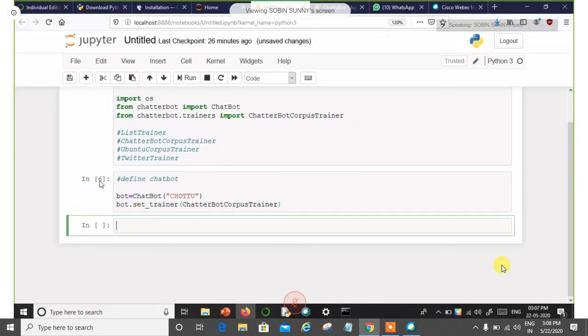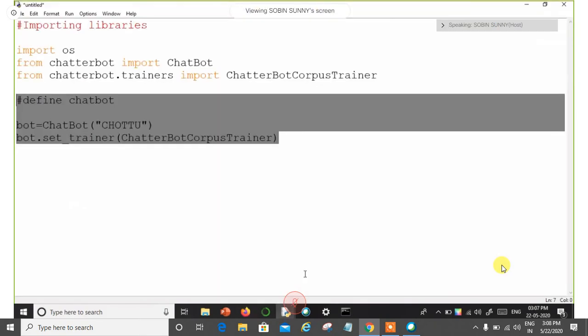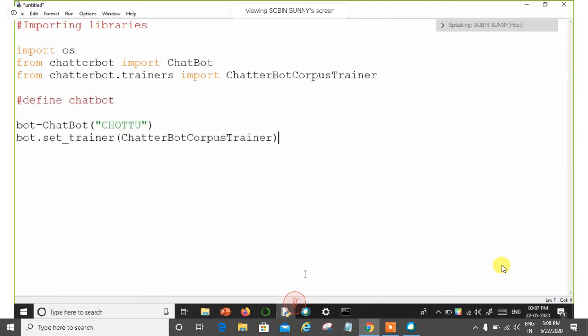Now our next task is to train on the data. We have used all the libraries necessary, we have defined the chatbot, we have defined the chatterbot trainer, everything. Now the next work is to train on the data.